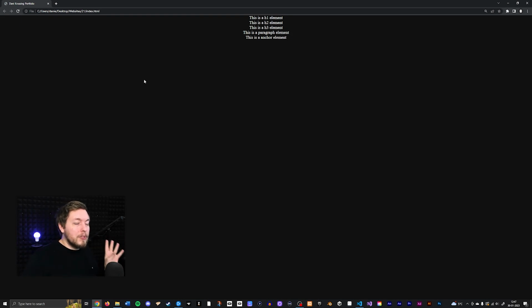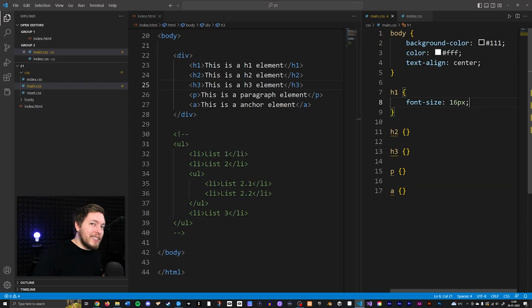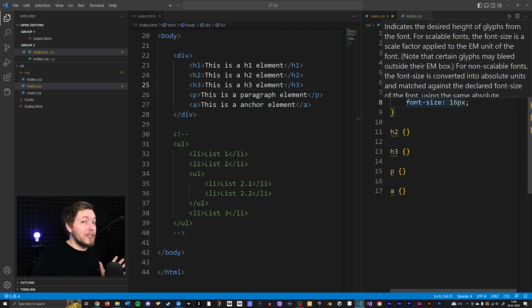And this is very important to take note of, because when it comes to measurements and the way we're going to be doing things, the fact that everything is 16 pixels right now is going to be relevant for us when we start changing the measurements inside the browser. So with that in mind, the next thing I'm going to teach you is about the different measurement types that we have inside CSS. And we have actually not used the most popular ones when it comes to our styling so far. So right now we know that we have something called pixels that we've been using all up until now. That kind of makes sense to most people because it's kind of like a static, fixed thing to use